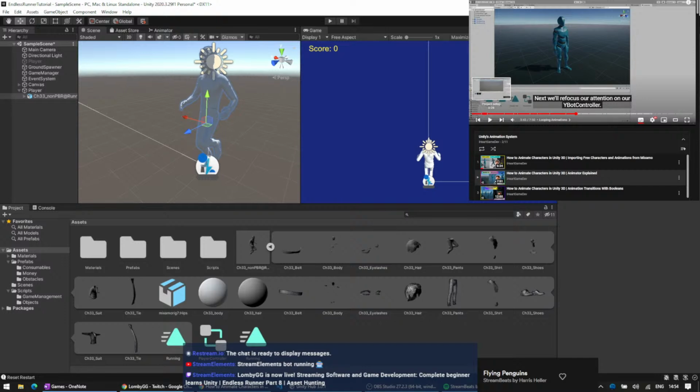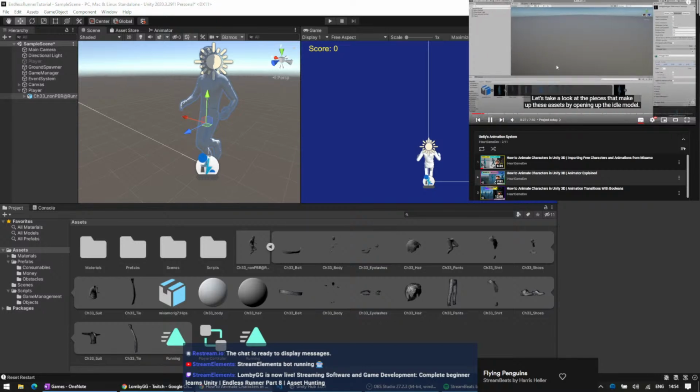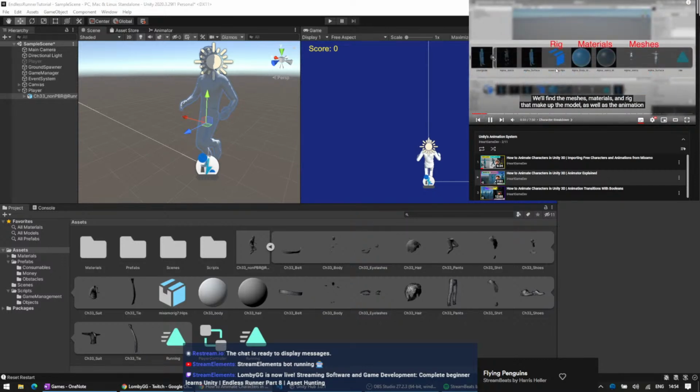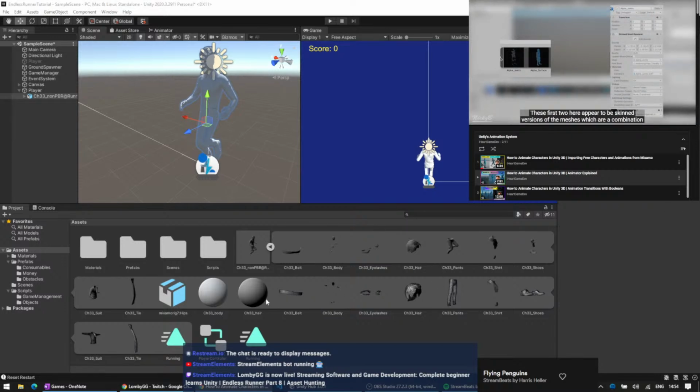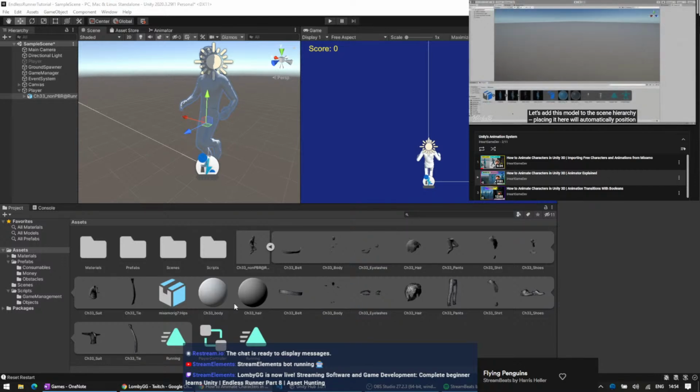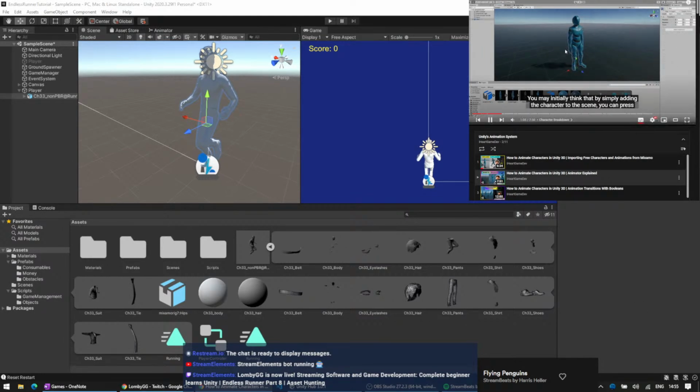here it's print down. Let's have a little look here. Let's take a look at the pieces that make up these assets by opening up the idle model. We'll find the meshes, the features, and the rigs that make this model, as well as the animation that we got. If you were wondering why we have two optical teaching officers, first we introduce skin and use these to find the filter pieces make up the model. Let's add this model to the scene IO. Placing it here will automatically position it as its origin, 0 on the axis Y and Z. For personal preference, I'm also going to take the material and drag it onto the plane object in the scene view on the material. You may initiate things by simply adding the